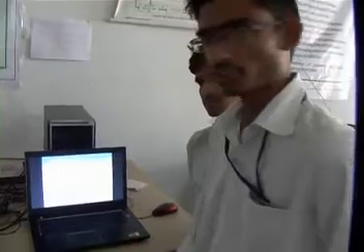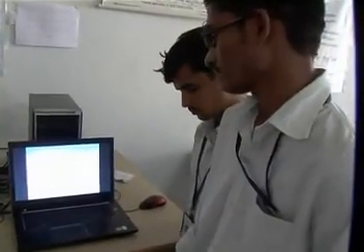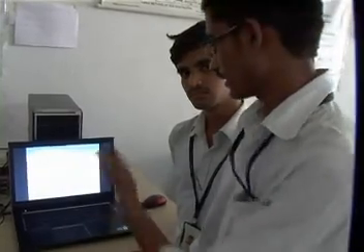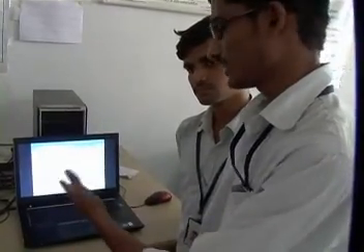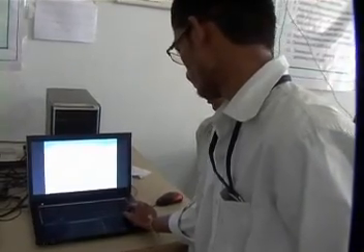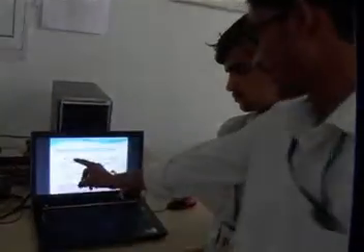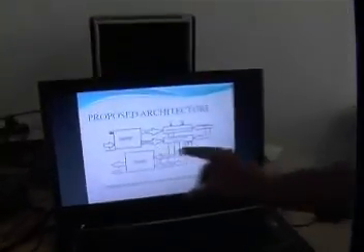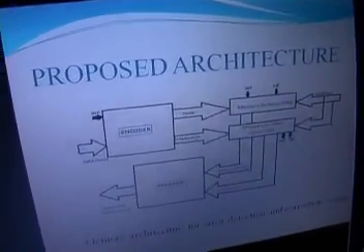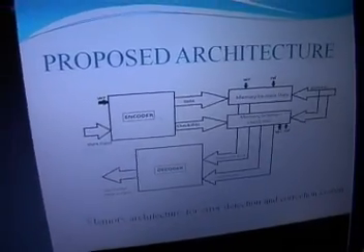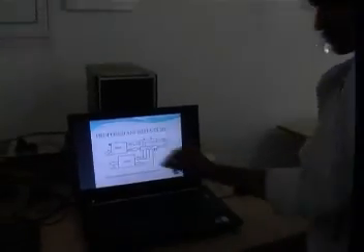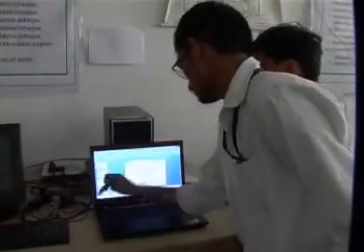After that, we store the data in memory. If any error occurs due to radiation or any internal problems, the data is corrupted, so that is given as input to the decoder. Mainly we have an encoder, decoder and memory. First, the data is stored in memory. After that, if any error occurs in memory, the data is given to the input of the decoder. In the decoder, we find the errors.